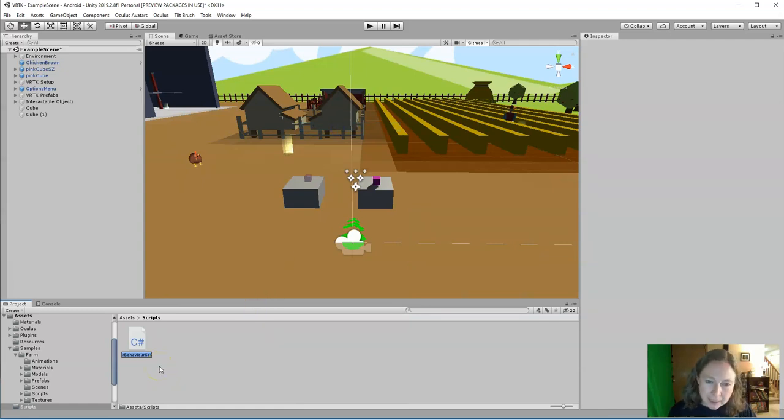Okay, and I'm going to name it snapZone behavior. And you can call it anything you want. You can call it Fred. That's fine. So I'll double click on this script to edit it so you can see what the scripting language